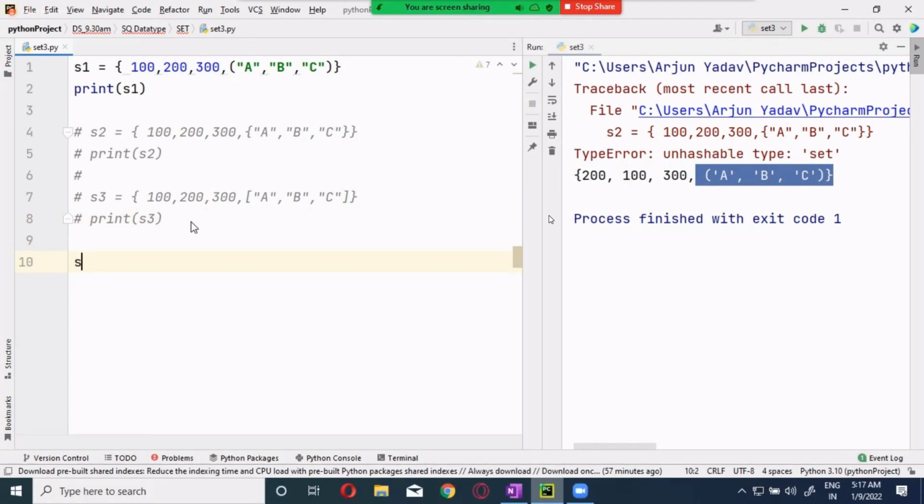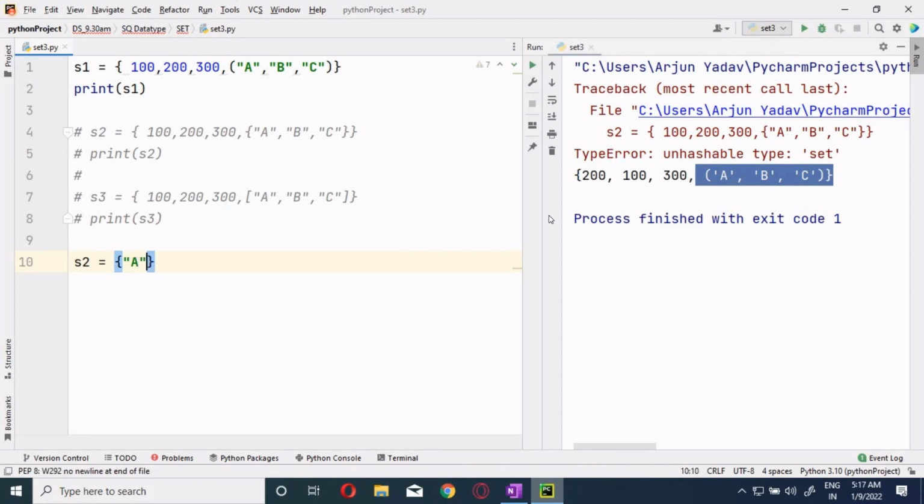Now, let's give it as something like this. I'm giving it as A, B. Now, I have said that X comma Y is equal to S2.